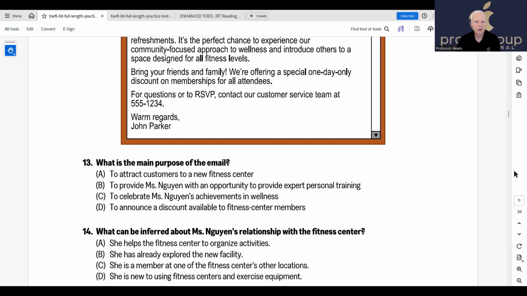We are back at questions number 13 and 14 from test 1. And remember that inference questions are asking about the general idea of a sentence that's stated in the passage. Well, looking at number 13, what is the main purpose of the email? And number 14 says, what can be inferred about this person and what else the sentence says about that person? Both of these questions are asking about something general from the passage. However, number 14 clearly states the word inferred, and number 13 clearly is asking about the main purpose, and all choices begin with the word to. This is how you tell the difference between inference questions